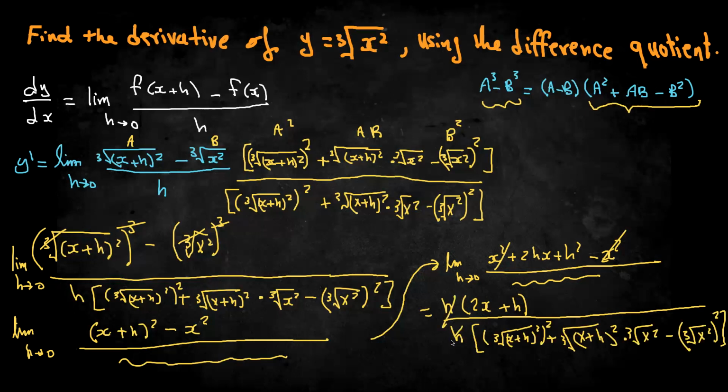Now the h will cancel with the h, okay? And remember, we always should write as the limit of h goes to 0. Yeah, and maybe I should just do that so you guys know that these steps are one after the other right here. Now I'm going to send h to 0. And when I send h to 0, I'm going to get 2x on the top. And on the bottom,